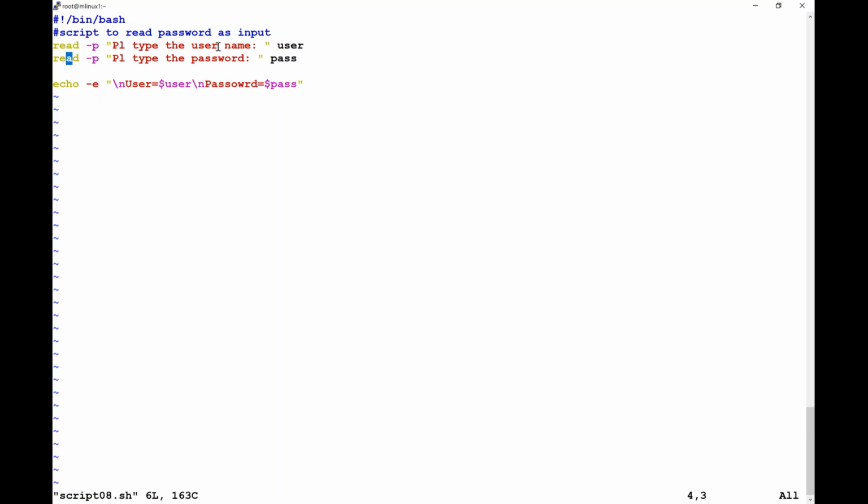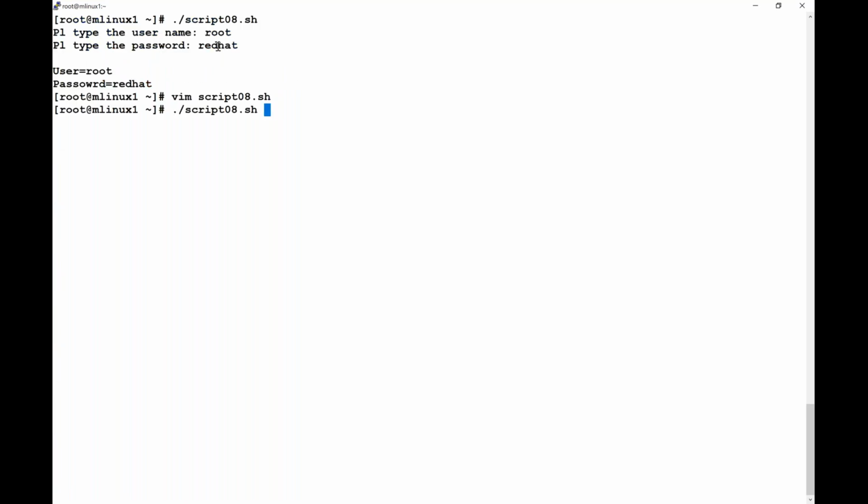So guys, here we use a special option. Here you have to say read -s, where S stands for secret read. That means I don't want whatever input given by the user to be displayed on the screen. So whenever you are accepting any sensitive data, you can use -s over there to secretly read the information, especially for passwords. Now you see when I save and quit, this time when I repeat it, I'll type my username